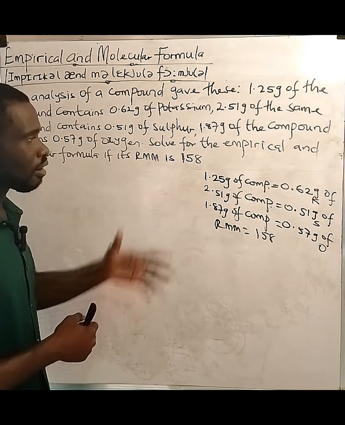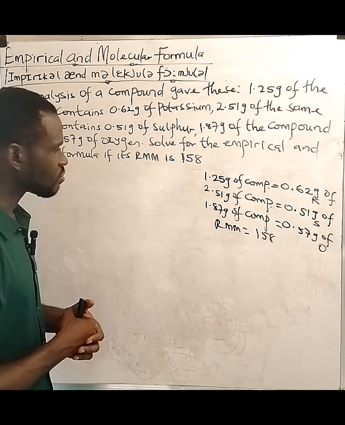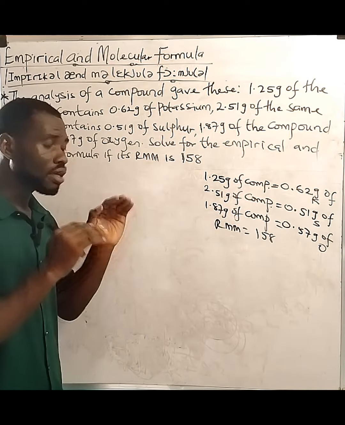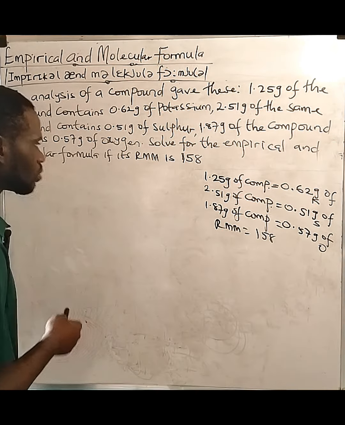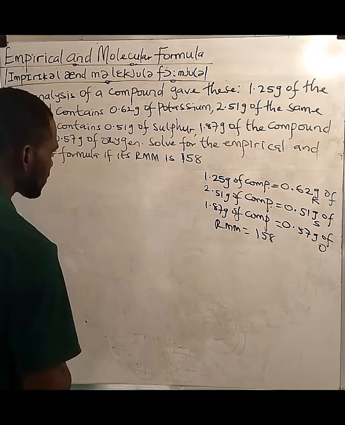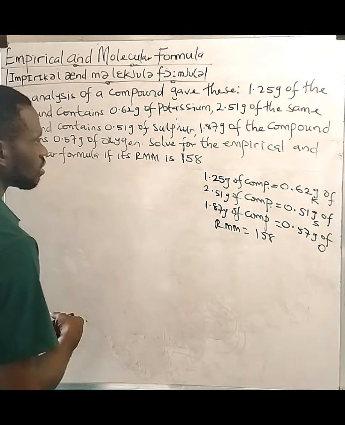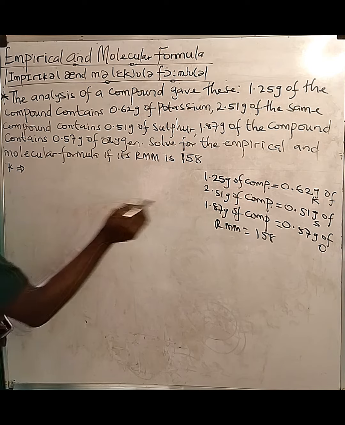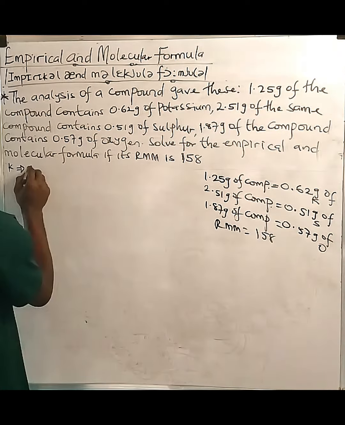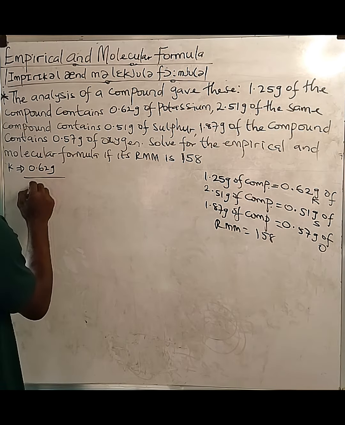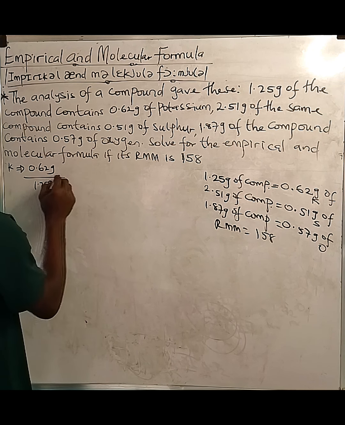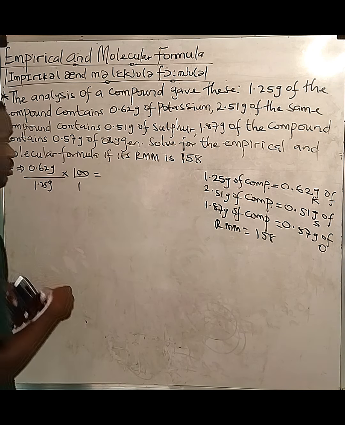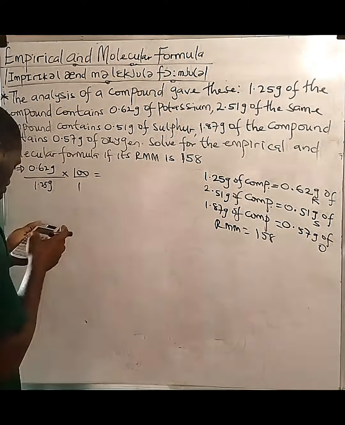So 1.25 gram of this compound contains 0.62 gram of potassium. So what's the percentage of potassium in this compound? We're going to be using our calculator to get the percentage composition of each of these elements. So first of all, for potassium, we have 0.62 gram of potassium out of 1.25 gram of the sample of the compound times 100 over 1. So let's say the percentage of potassium in this compound. So you're going to be using